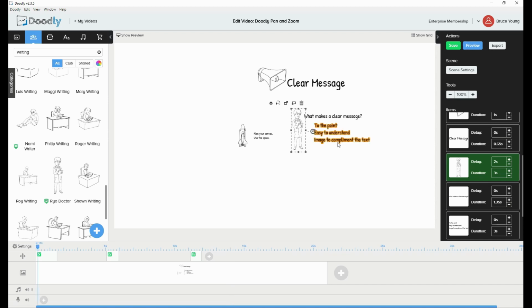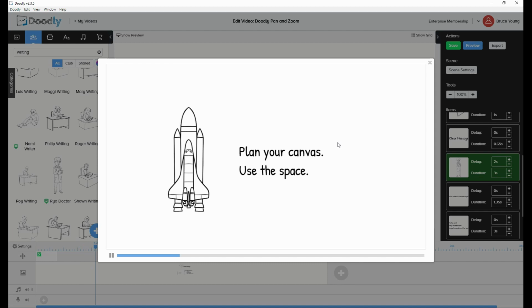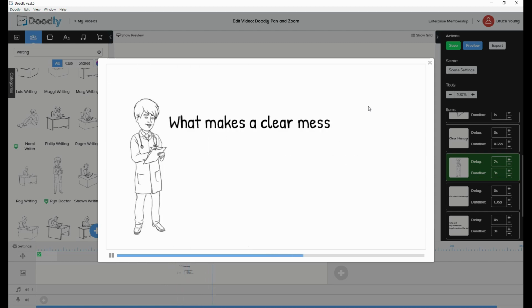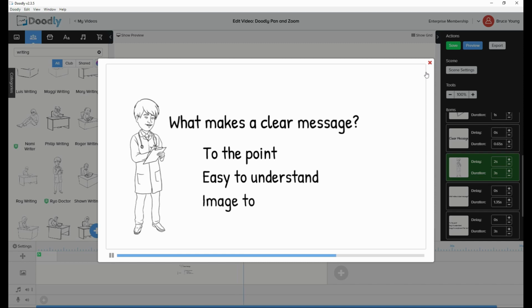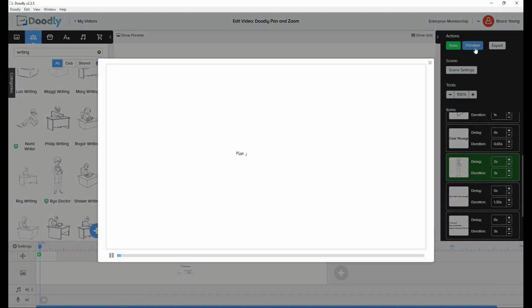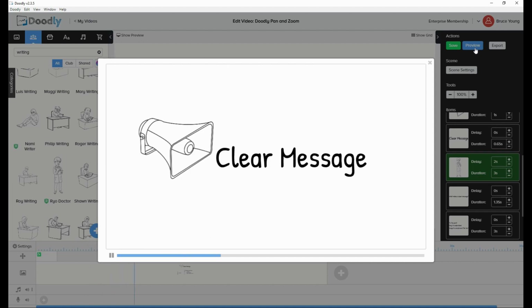Now when we preview our scene, one of the downsides of doing the pan and zoom feature is that it takes a bit of time, because to preview you have to wait each time for the whole thing to play through. So here we can see it moves over. It's a little bit late in the animation, so we'll move that across quite a bit more. We'll go to preview again, use the space shuttle appears, clear message,